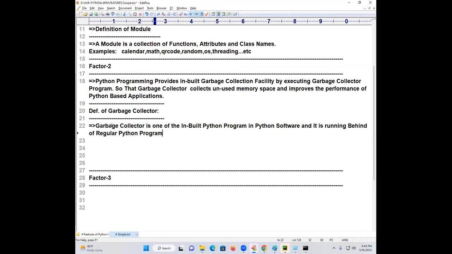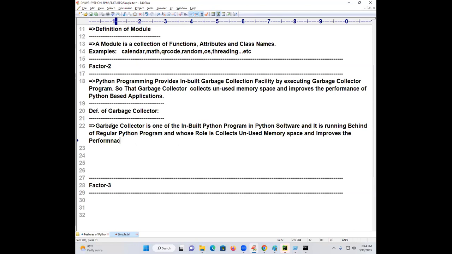Behind every Python program, what is running? Garbage collector is running behind the regular Python program, and its role is to collect the unused memory space and improve the performance of Python based applications.